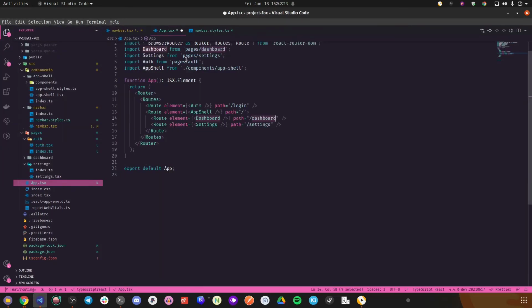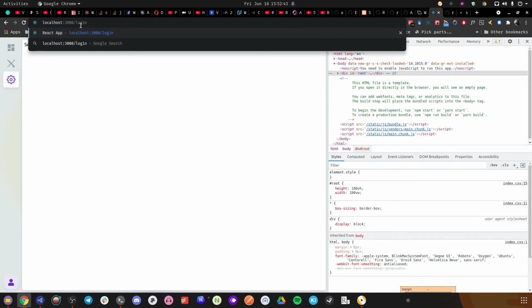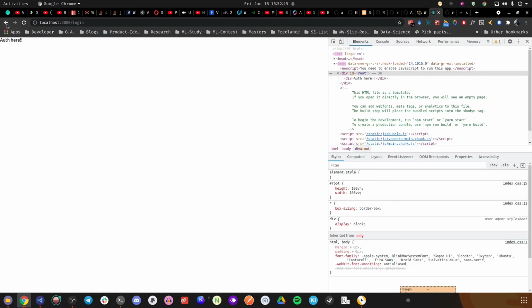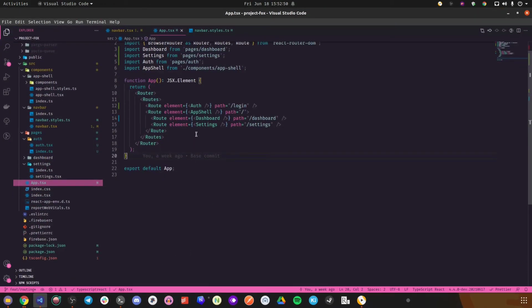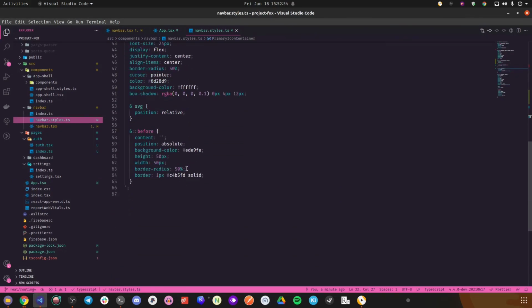Save all stops working for some reason, I don't know why. Now it should work fine. Yeah, canvas does not have an element, so it's not working. Dashboard, settings, login. Right, cool. Now one more thing that I think I should do is